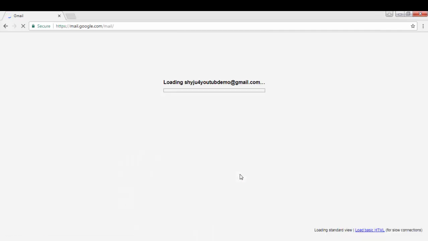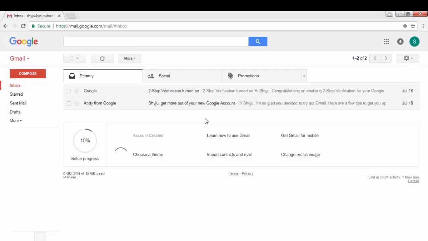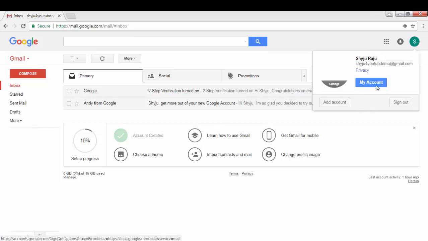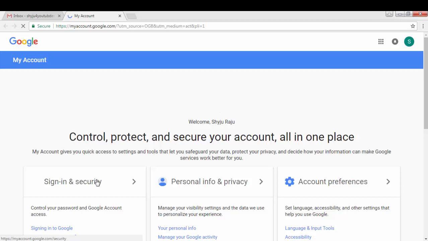Now see, when I give the Gmail authentication code that I got from Gmail, I am able to log into my account. Now let's see what settings you need to make to log into your account without that verification code. So go to your profile setting here, go to My Account, then go to Sign in and security.